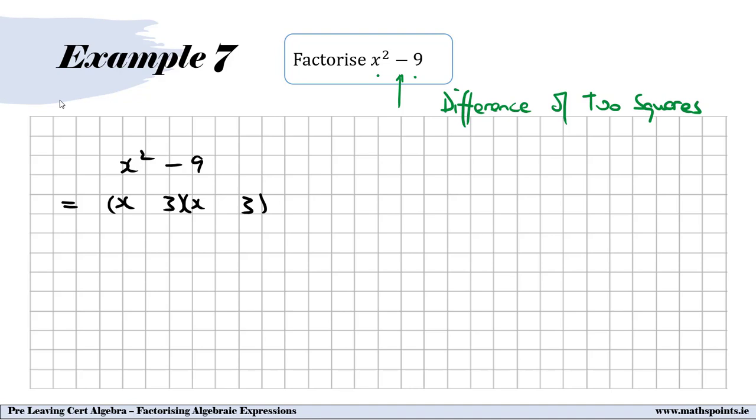And then the difference of 2 squares is always a plus and a minus, and it's as easy as that. So there's no great need to check the solution. The difference of 2 squares always has the same terms in each bracket, but just has different signs. Again, some people prefer to write out the following method, and we'll just do it to make sure that people who've seen it this way